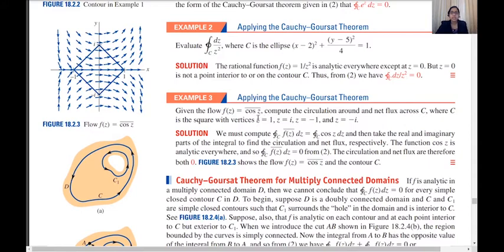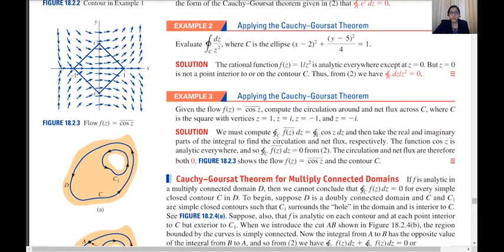Cos z modulus conjugate. Now cos z is clearly analytic everywhere, right? So if that function is analytic everywhere, the integral over C of the conjugate of f of z bar will be the conjugate of cos z, right? So that is cos z. So we have to evaluate the integral over C of cos z dz over the given contour. Now cos z is analytic everywhere, which means the integral value will be equal to 0 by the Cauchy-Goursat theorem. So I hope it is clear, right?